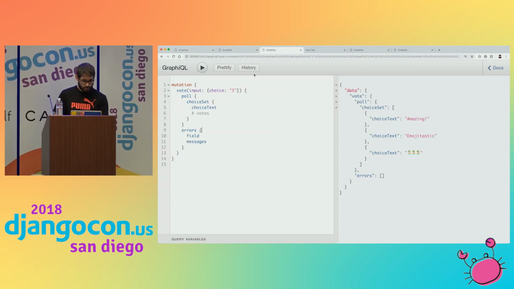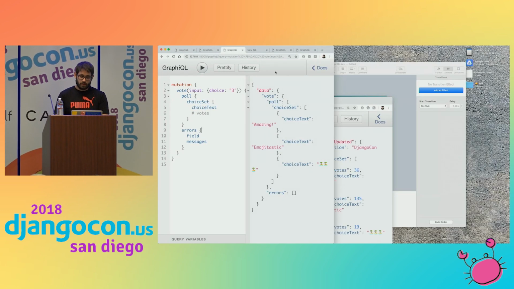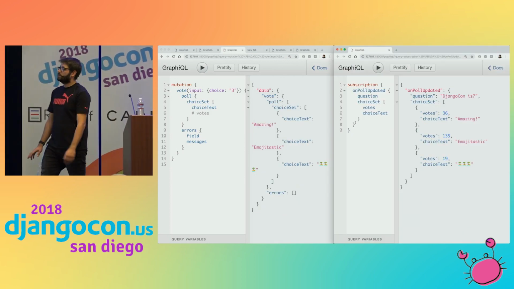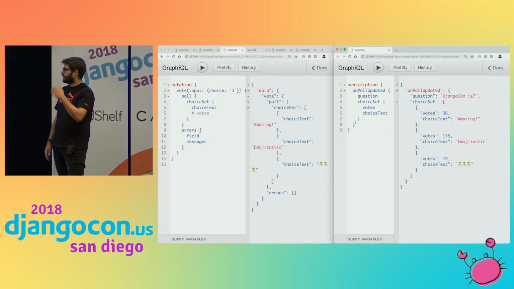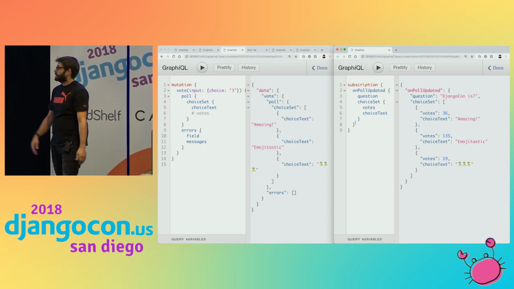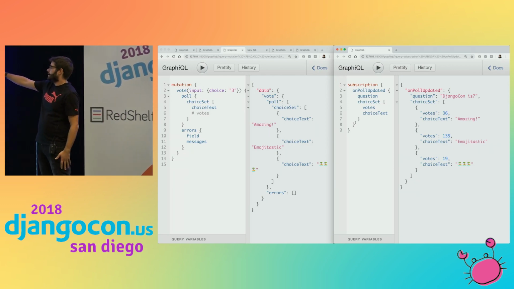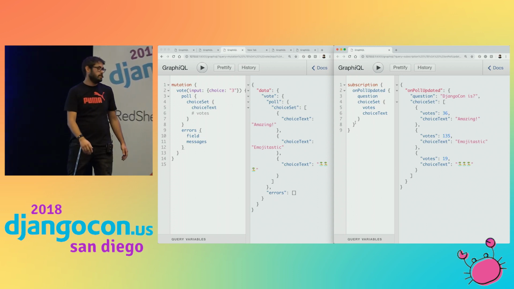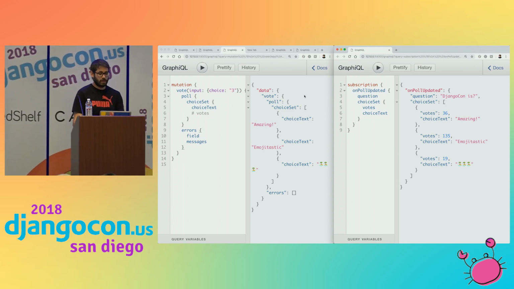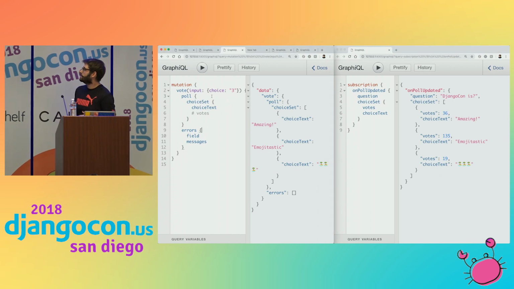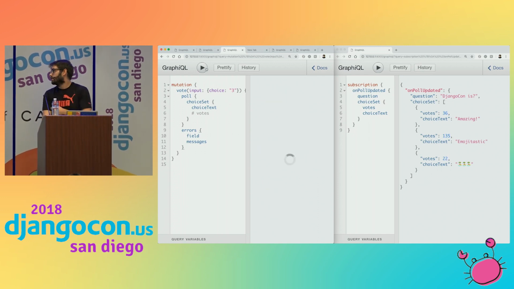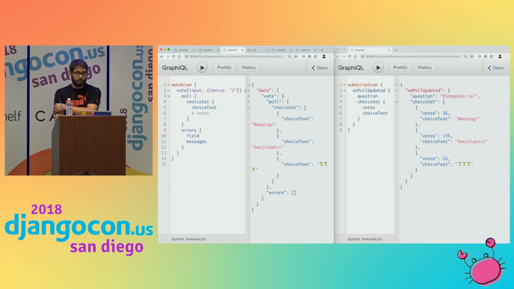Also, a quick demo I wanted to show you. There is support for Django channels. It's still not mature yet, but you basically can have a subscription like this in this case. Every time a pool is updated, the number of votes is going to update in real time. So I have a vote mutation where I can just send a vote to this pool. Every time I click this, it's going to update in both pages. So on the left side,